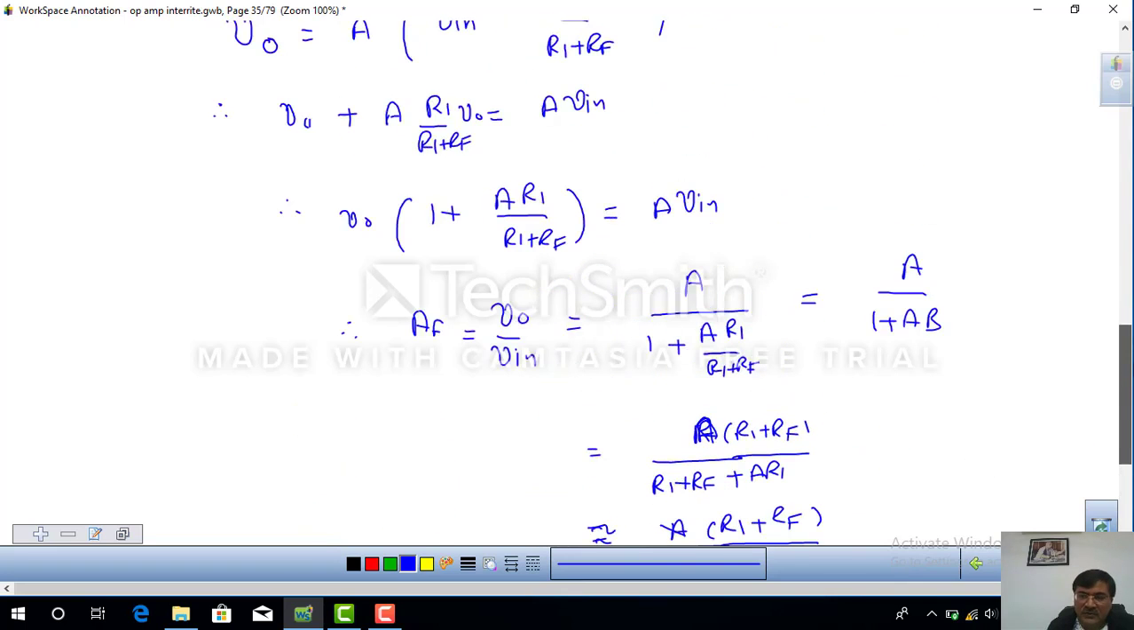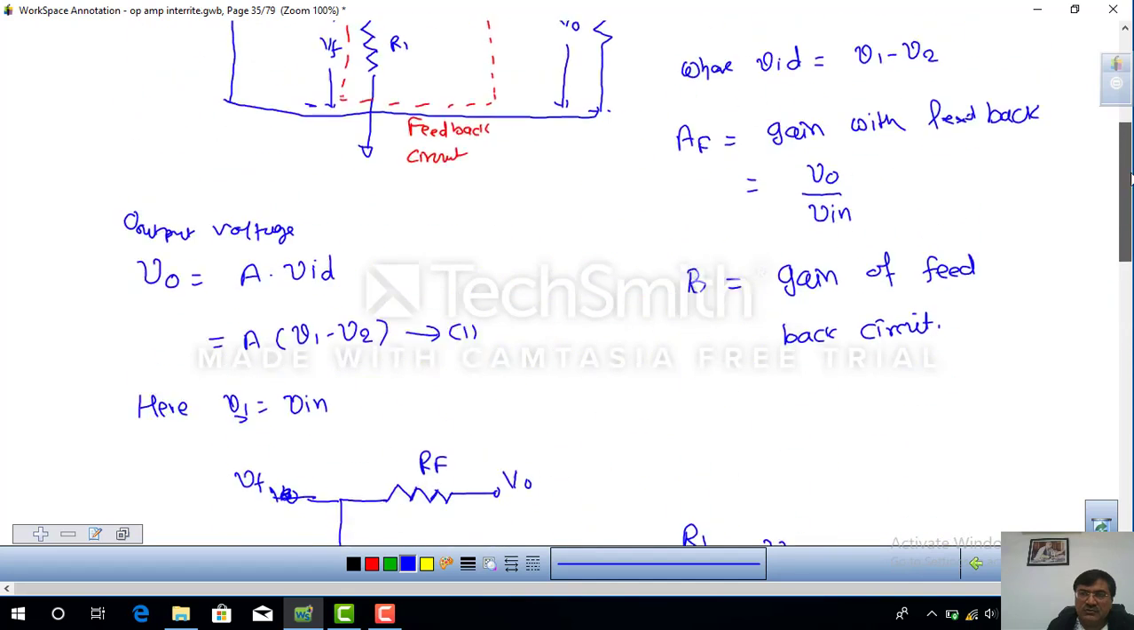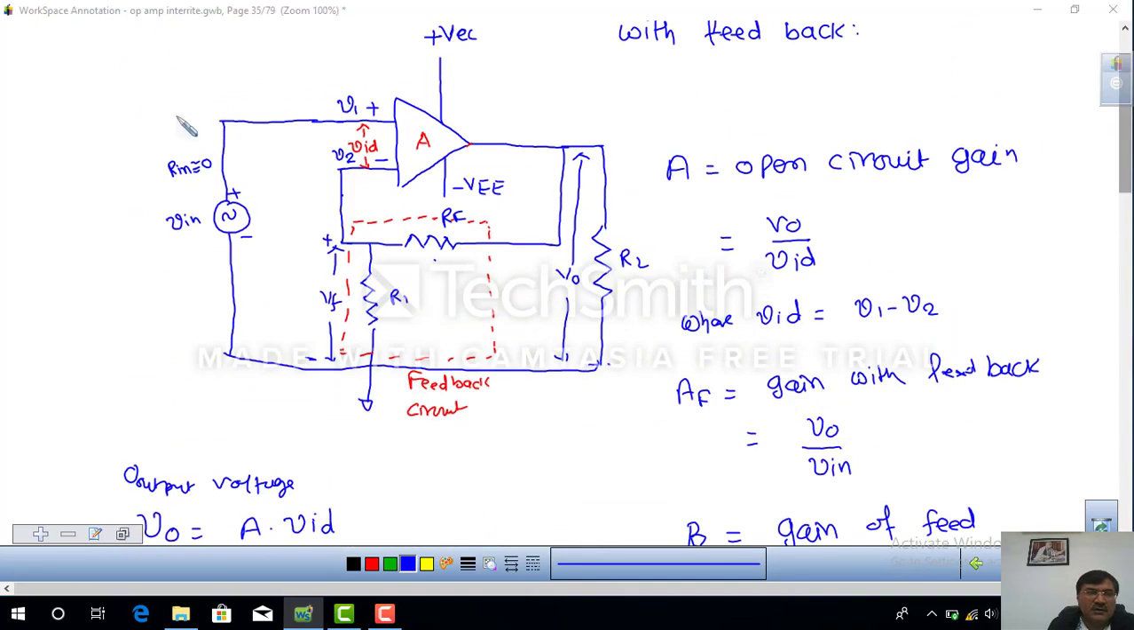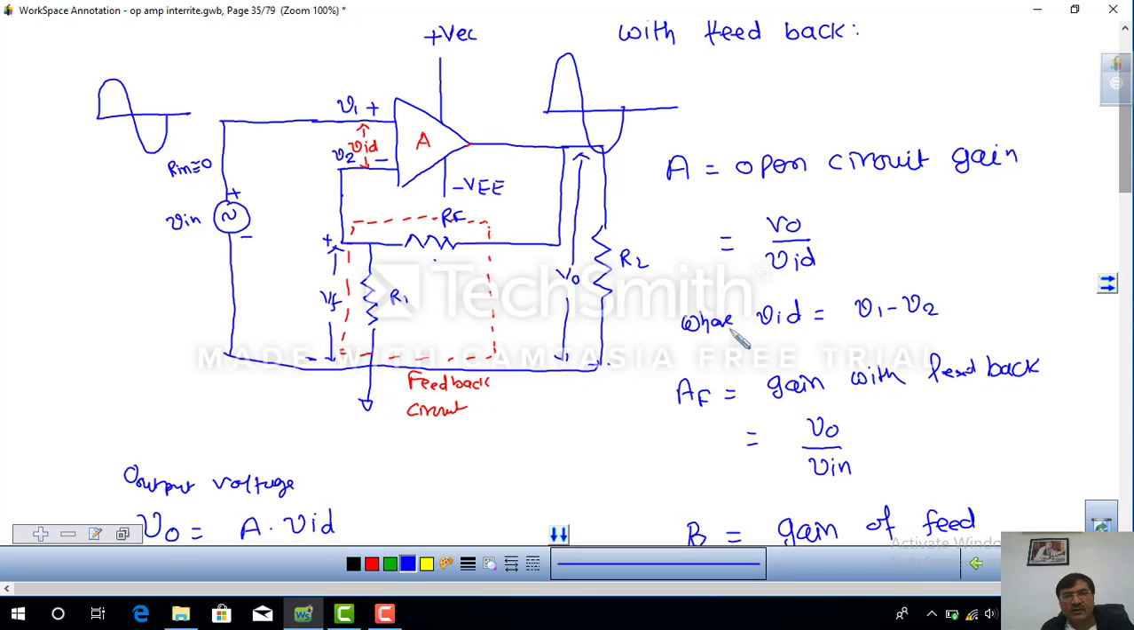And one more interesting thing is that if you give input to the non-inverting terminal, then the output is also in phase. So the output is in phase with the input. That is for the non-inverting amplifier. So now we can use this for